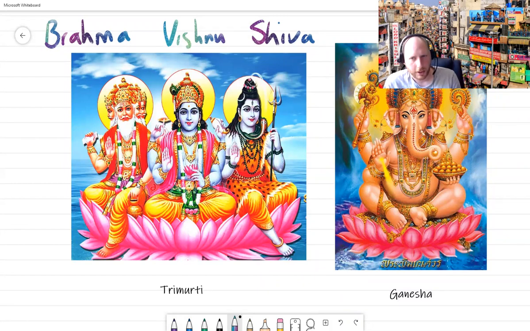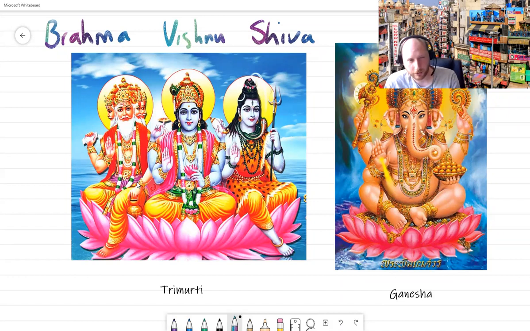Poor Ganesha. Now, Ganesha's dad comes along and says, "Oi, what's going on here? Why is my son missing his head?" And she says, "Oh, it was an accident." And he says, "Okay, well, we'll take the first head that we find in the forest." And of course, what should walk by but a great big elephant? So off comes the head of the elephant onto the body of Ganesha, and voila, you have an elephant-headed god.